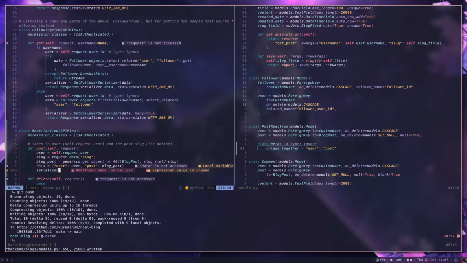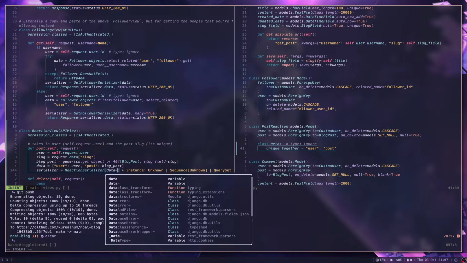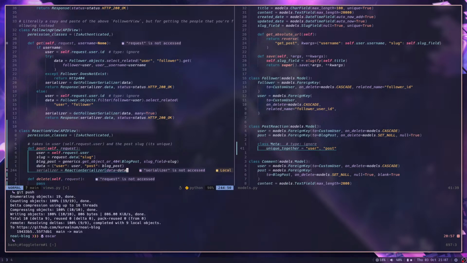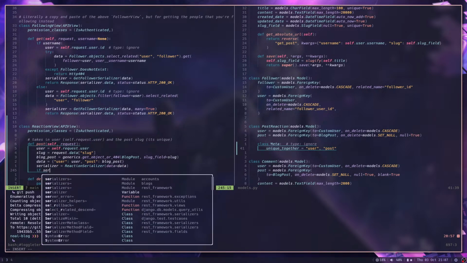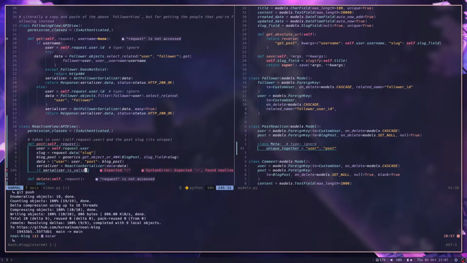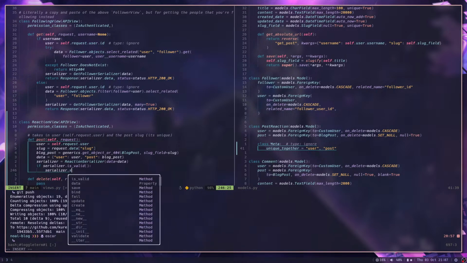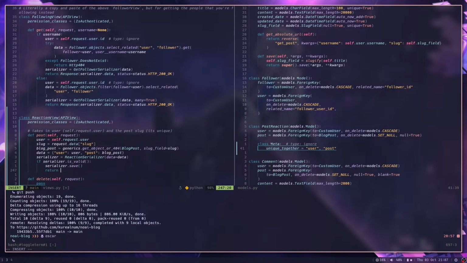Okay, so now that we've done that, let's go to our serializer, and this will be our reaction serializer. And we don't have an instance, of course, because we're creating this. Then we just do if serializer.is_valid, then we will save it and return